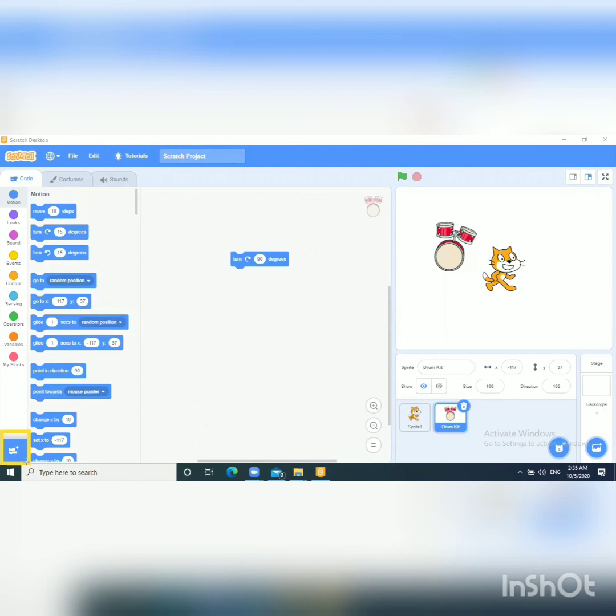We can add other blocks of code, and we can also add features like speaking in another language or translating the language. Basically it is used to add some extra features. So we can add different extensions in our program. So these are the components of Scratch.